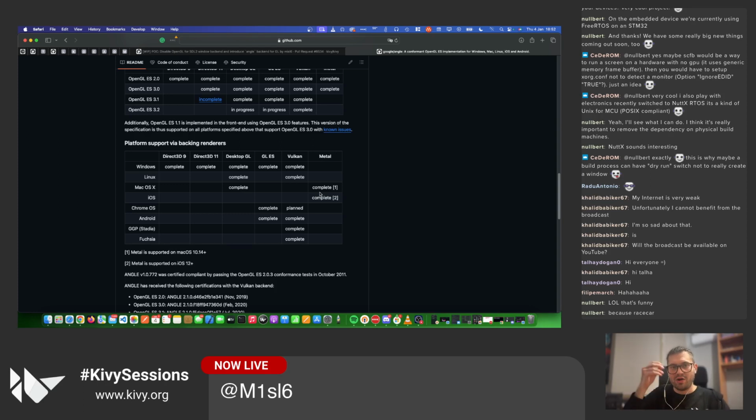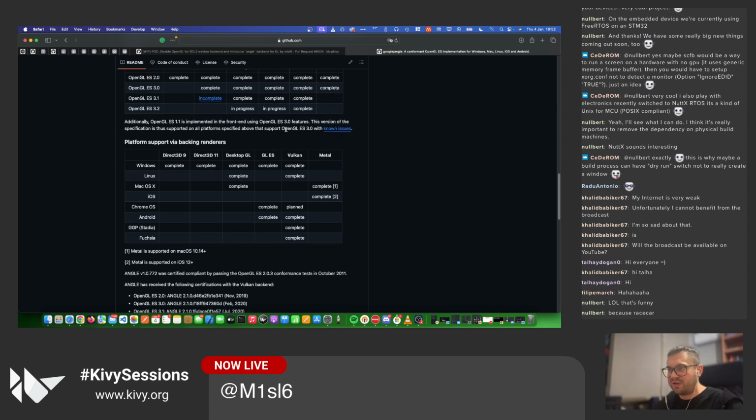It is faster on your iOS device, even if it's not using OpenGL directly and even if there's a layer. And also, ANGLE on iOS and macOS will make it possible to leverage the newer OpenGL 3.0 features,